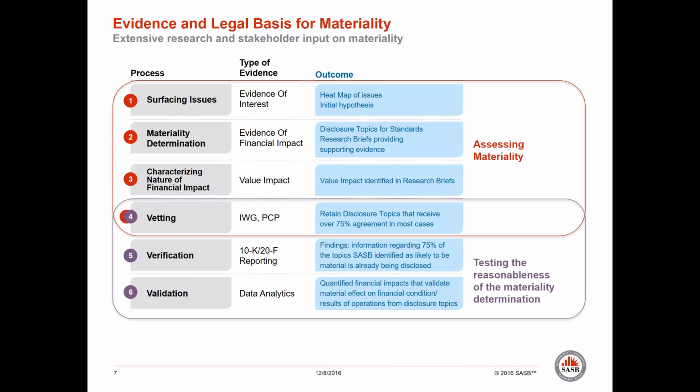Looking a little bit at how we arrived at our standards and metrics, we started with a broad spectrum view of the market of topics that might potentially be of interest. We honed that set of topics through our materiality determination, looking at evidence of financial impact through exploration of that evidence. We then looked to characterize the nature of that impact. So is performance on a given topic or metric likely to affect revenue generation, cost embedded in a business, potential asset or liability valuation, or the risk or cost of capital to the business?